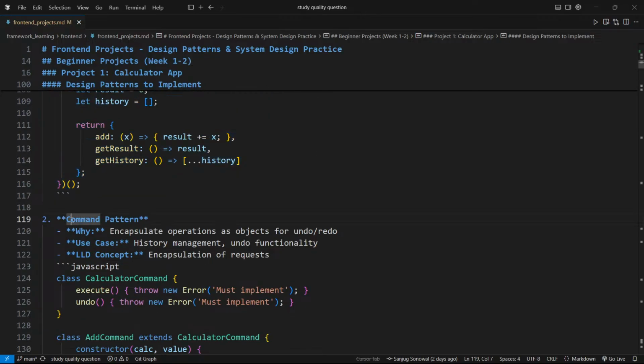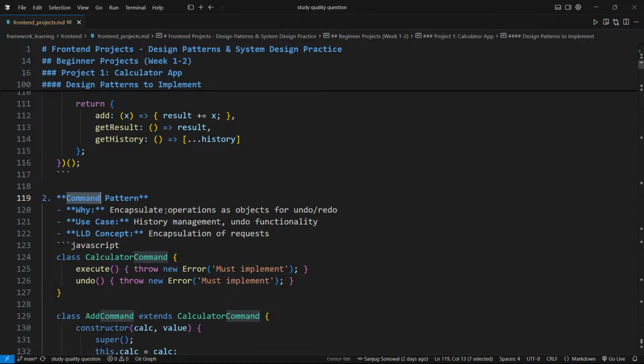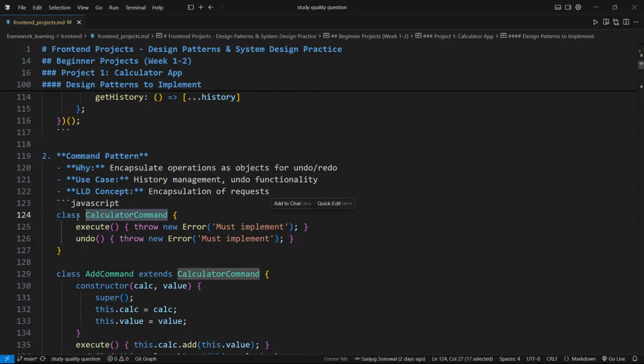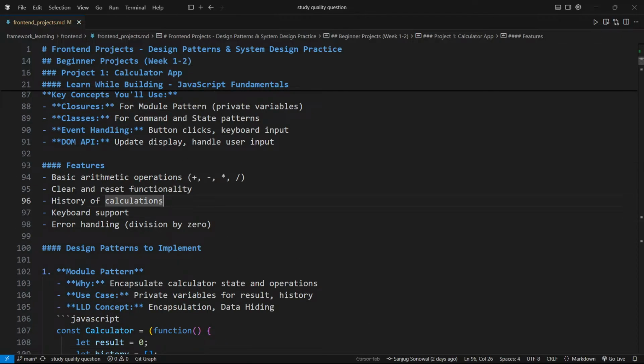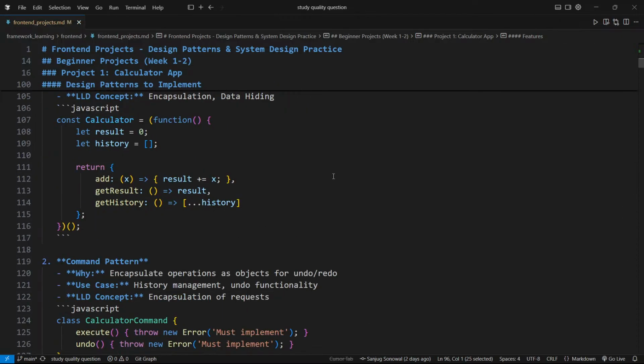The second thing is the command pattern. We are going to see the command pattern as well. For the command pattern we need some classes and objects. So this is the class. Why encapsulate operations as objects? For undo and redo. So history management, undo functionality. We are going to see that calculation history, right? History of calculation. For this purpose we are going to use this command pattern. And